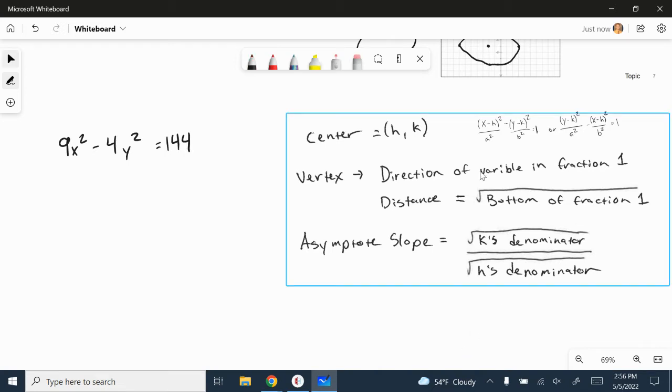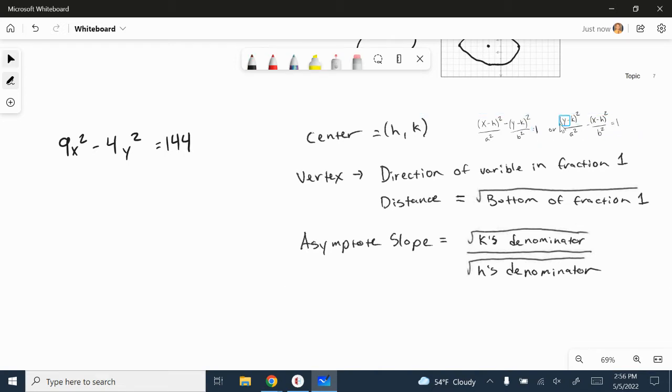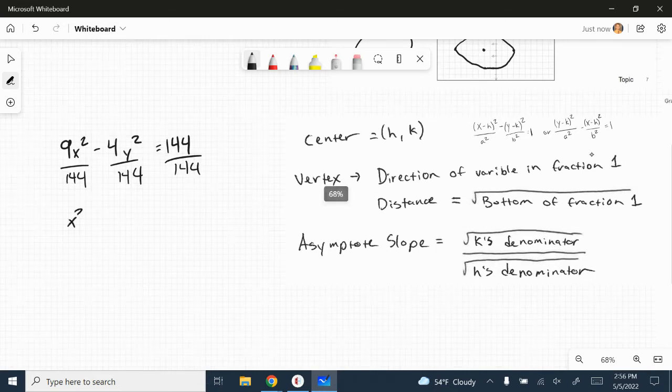Now, just like we did on the ellipses, these have to be equal to 1. As you can see, these are both equal to 1 in the equation. So I'm going to divide everything by 144 first. So let's see. 9 over 144. I'm assuming you can get decimals, but hopefully we don't. 144, 9. So I got 16. Okay, so this would be x squared over 16 minus 36 on the bottom